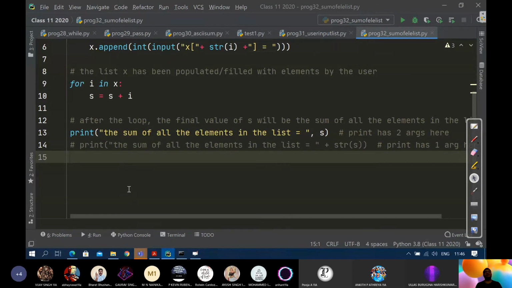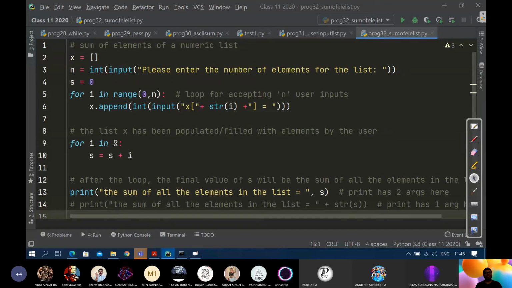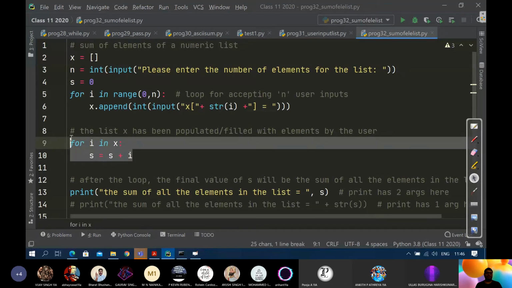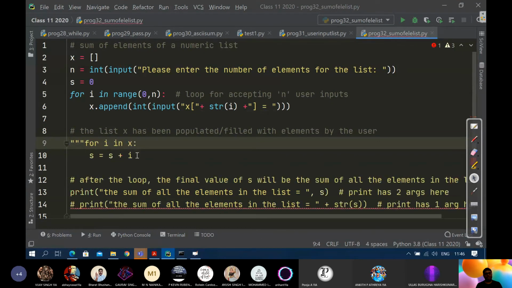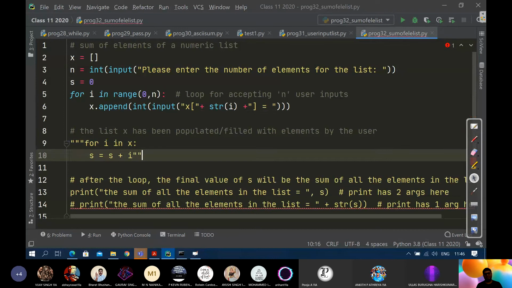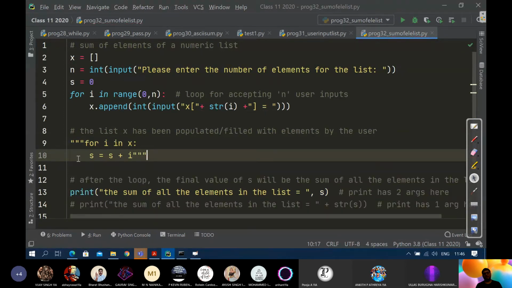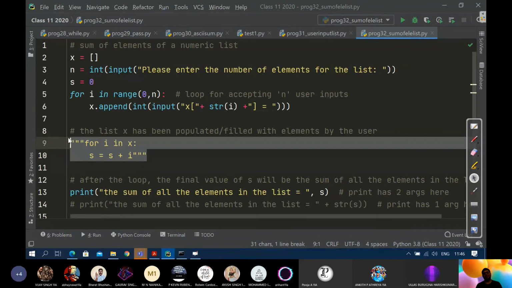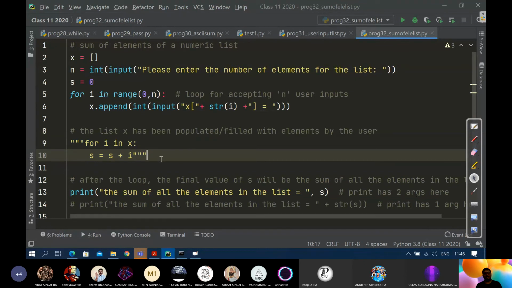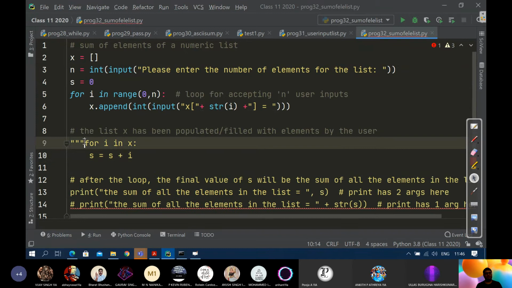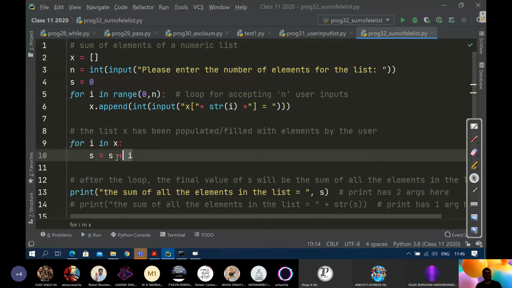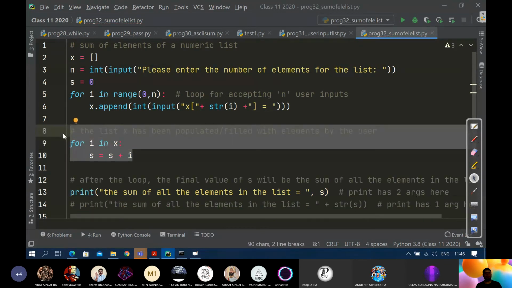One more thing to remember is, now you will say, sir, why are you running the loop 2 times? Can't we instead directly do it in one? Triple quotes can also be used as multi-line comments. Okay, this portion will be ignored. Let's discuss that later. Let's say I remove this, you will get confused. Let's say I remove this part entirely.